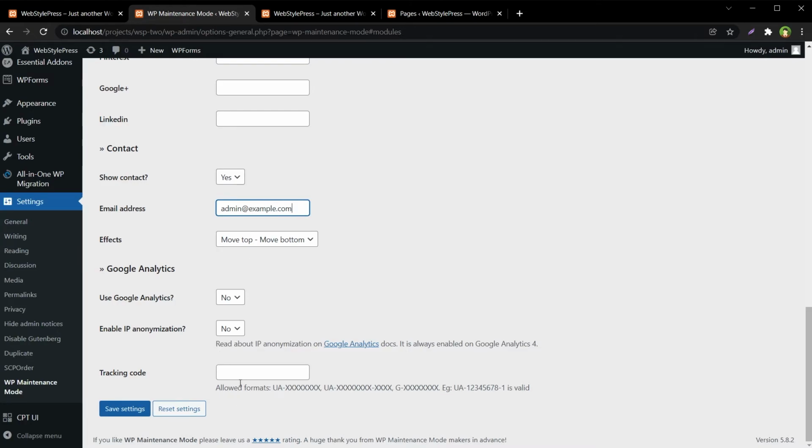You can even specify a tracking code here, and then save settings.